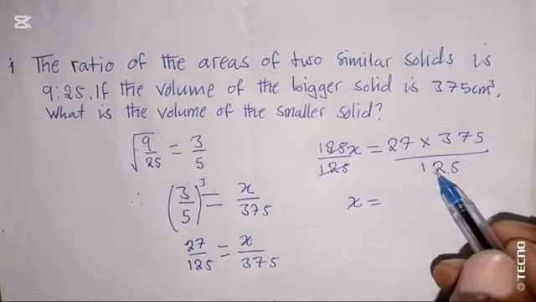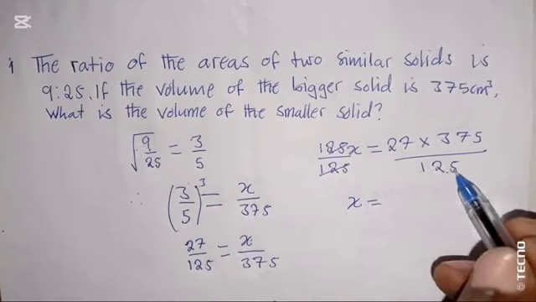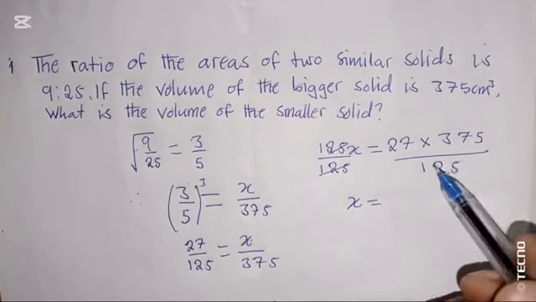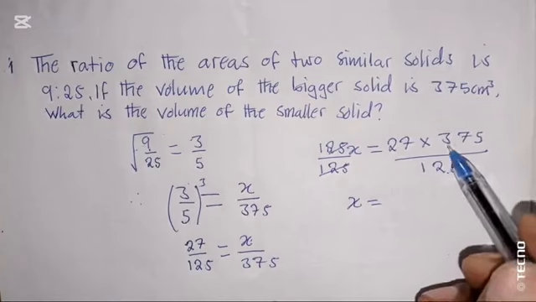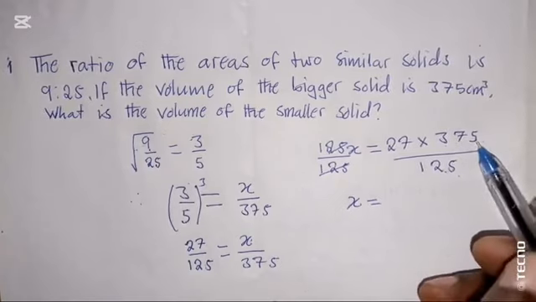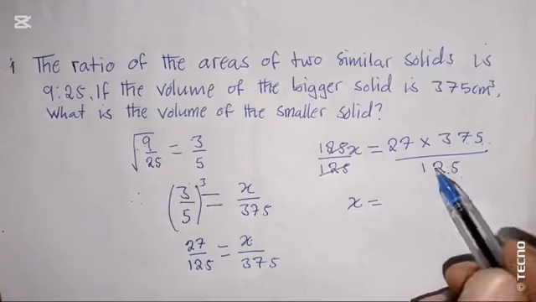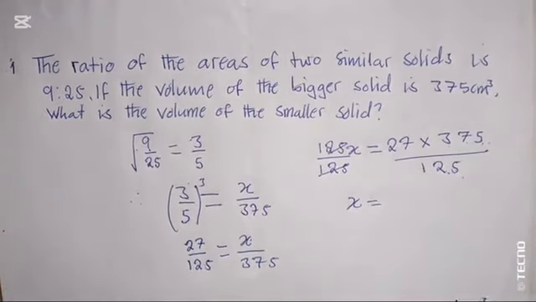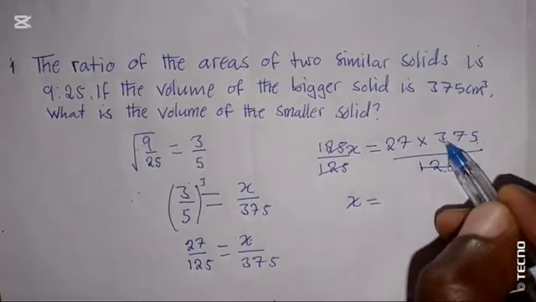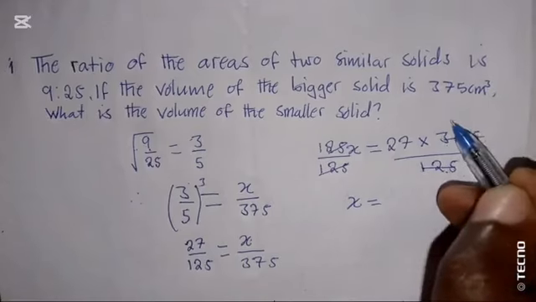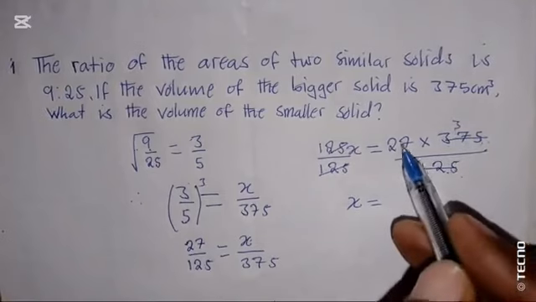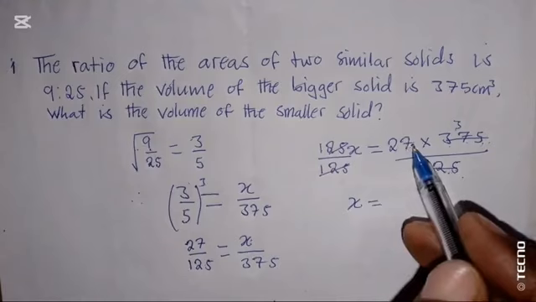As you can see there is 125 and there we've got 375. So 100 can go into 300, then 25 can also go into 75 three times. In simple terms, this 125 can go into 375 three times. So here we remain with 3. There 1, there 27. Then we multiply